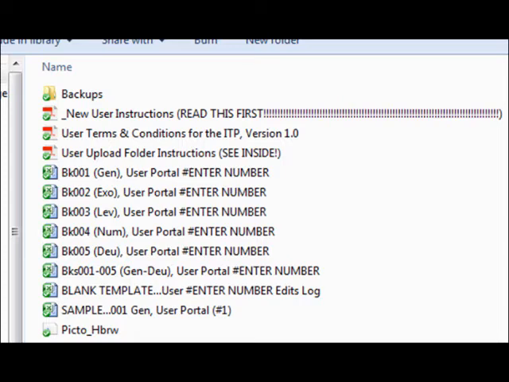And then at the bottom there is a Picto Hebrew file. This is going to come into play later. You'll need to remember that. We'll talk about that for getting the ancient Hebrew fonts onto your computer. Okay,